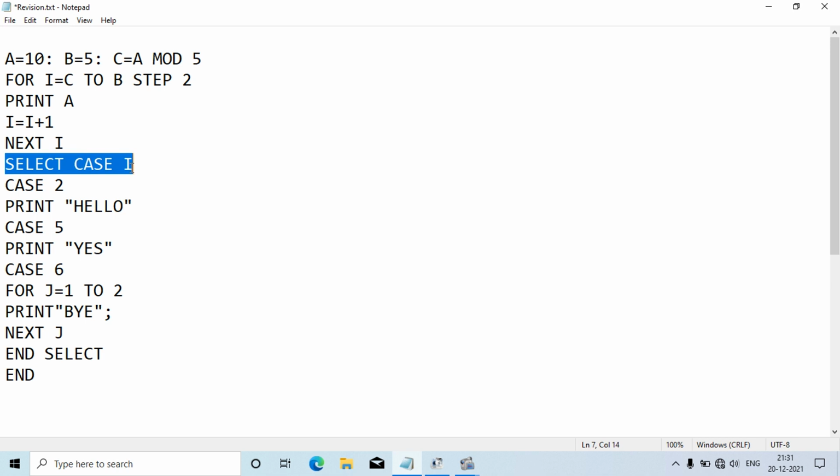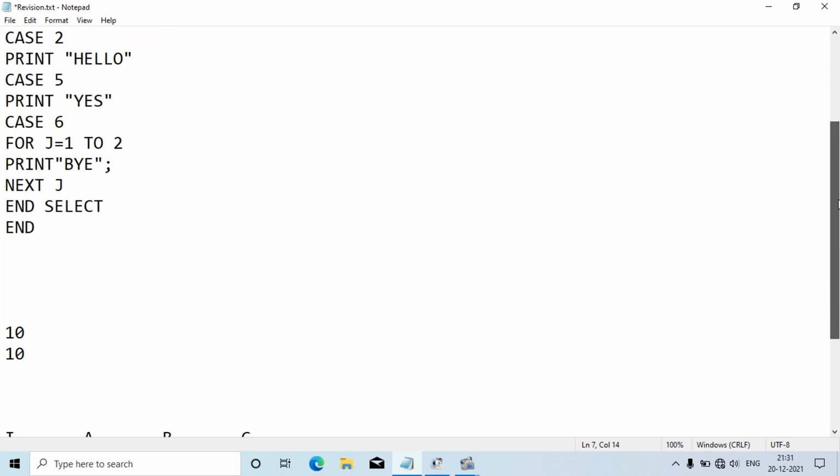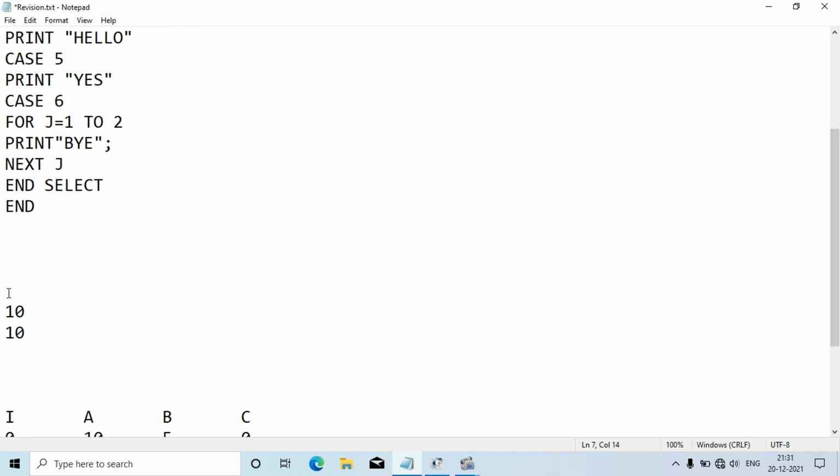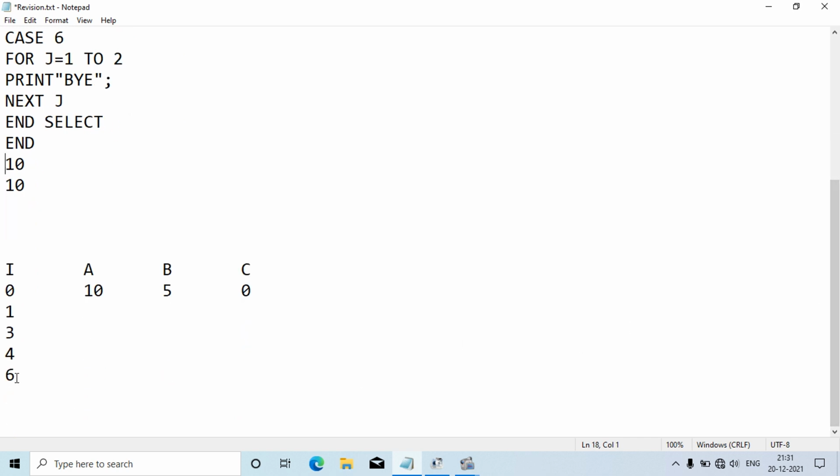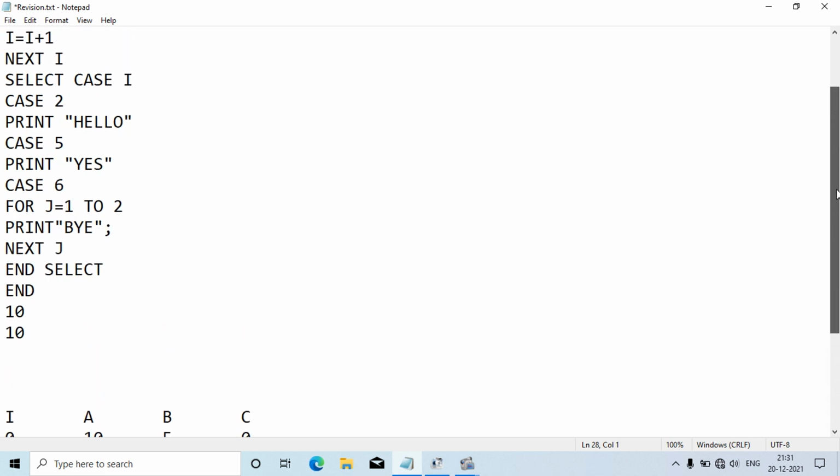You need to understand it very carefully. We have associated a variable I. Now we have to see the current value of I. It was 6 when we completed the loop. It was 6. Now if you can see this properly, the last value of I here, I have written 6. Yeah, so in the last execution I became 6.